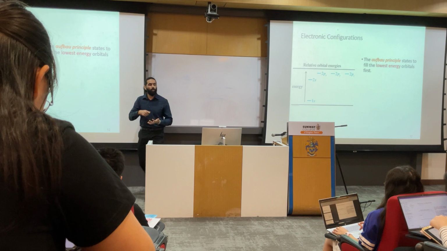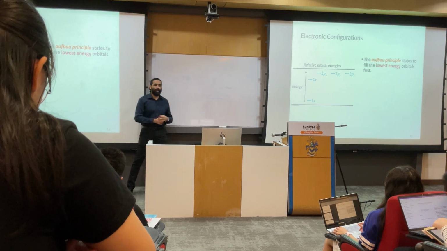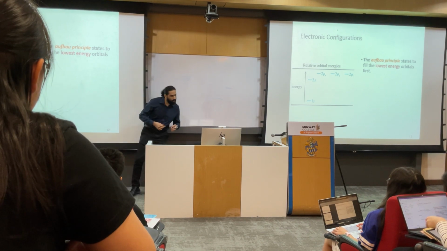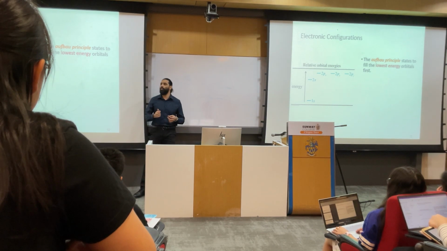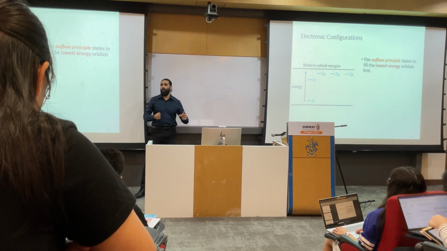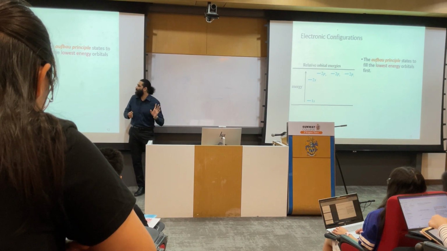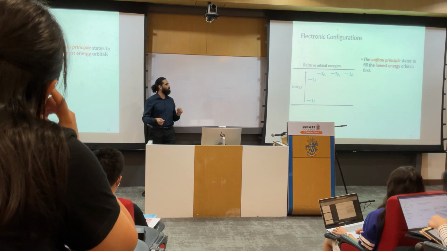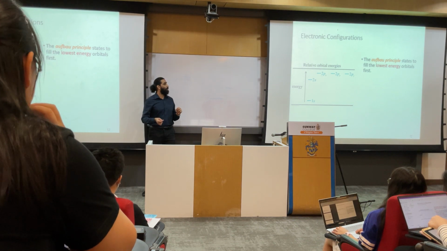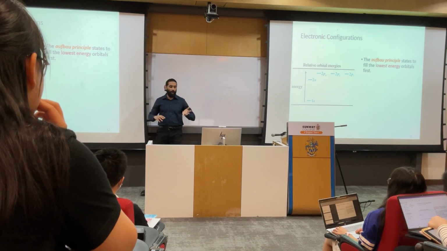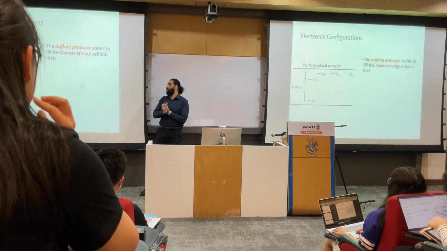When we talk about electronic configurations, there are a few principles as well, like the Aufbau principle, or Hund's rule, or Pauling electronegativity. Yeah? So probably it would be a good idea for you to get into this zone when we meet next time. But the important ones which I would like you to remember are actually Hund's rule and Aufbau's rule.